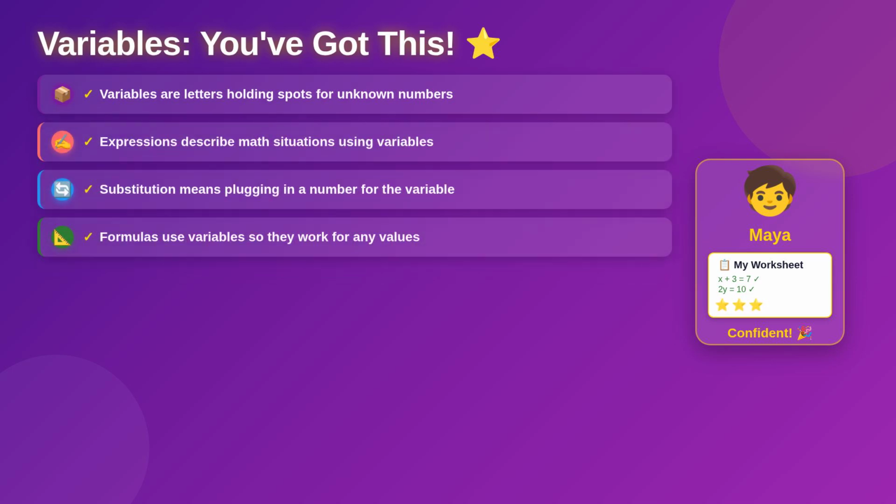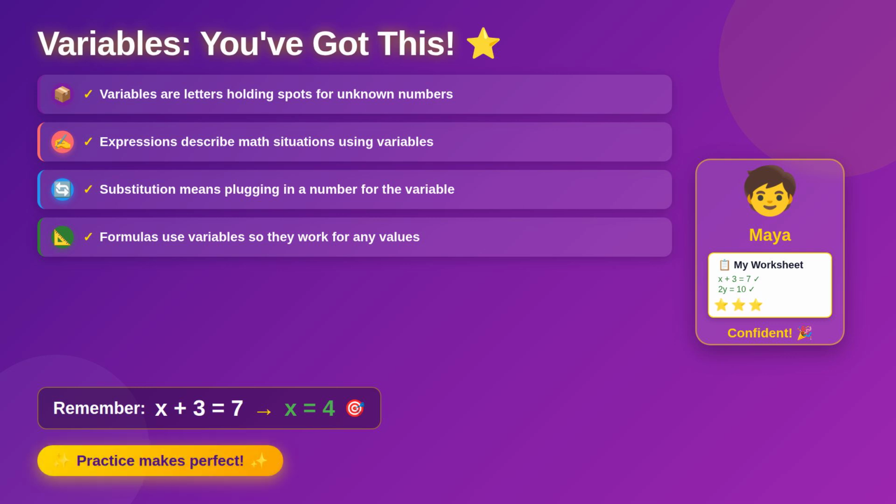Look at how far we've come today, and look at Maya. She started this lesson totally confused, staring at the letter X like it was from outer space. Now she's solving equations, writing expressions, evaluating formulas, and impressing her whole class. Here's the quick recap. Variables are just letters holding the spot for unknown numbers. Expressions describe math situations. Substitution means plugging in a number for the variable. And formulas use variables so they work for any values. From confused to confident, that's the variable journey, and you nailed it too. Keep practicing, and variables will feel like